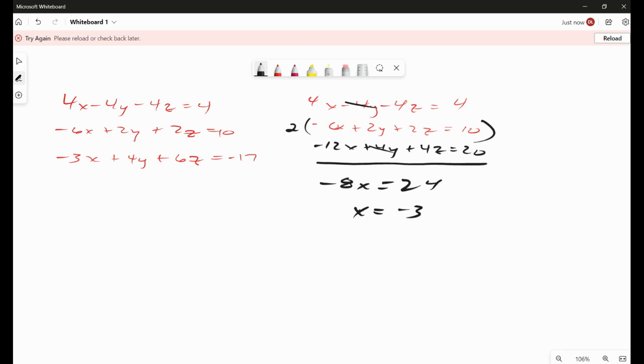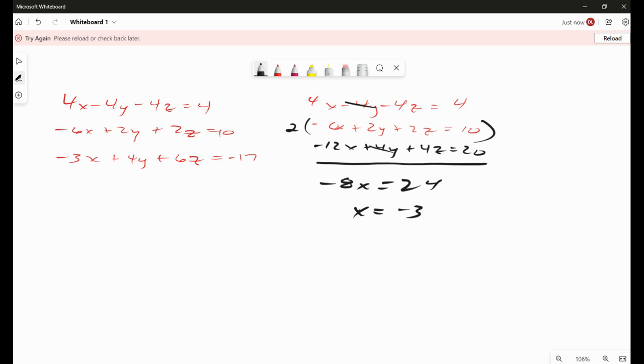And then I've got an x right there. So now what do I do from there? Now I've got to figure out what else I'm going to do. So we know that x equals negative 3. Let's see, how can I find a y here? How can I find a y? So let's tackle